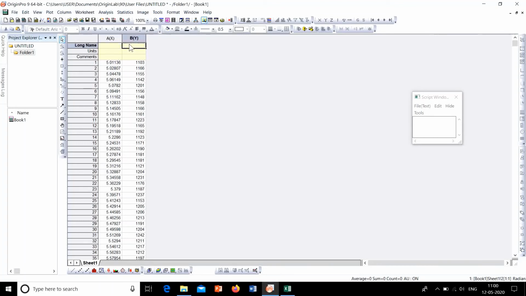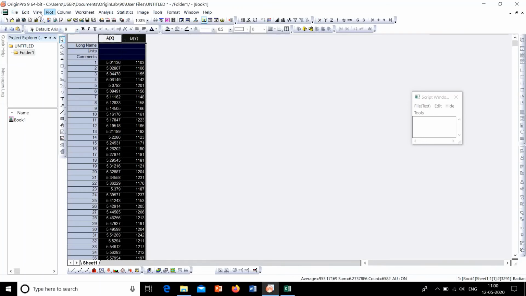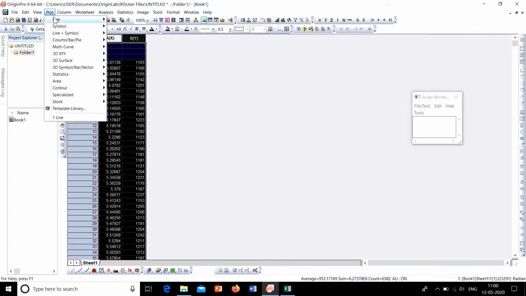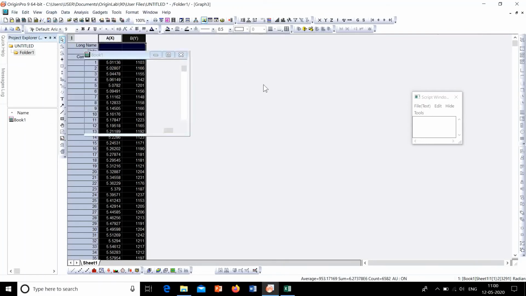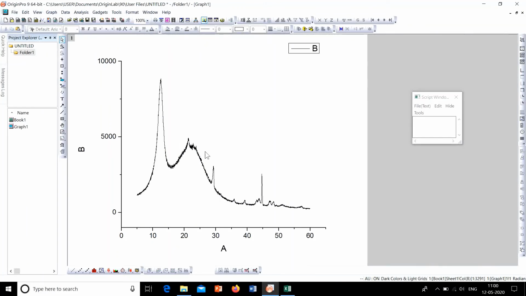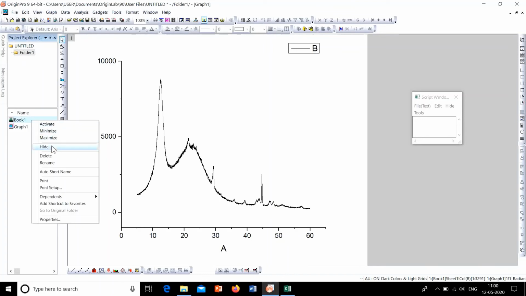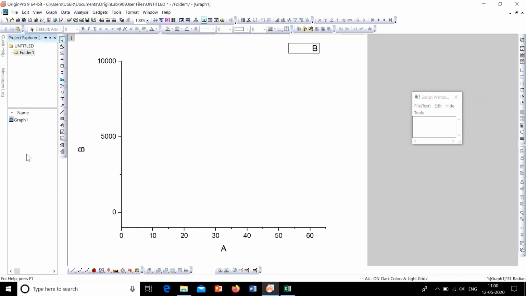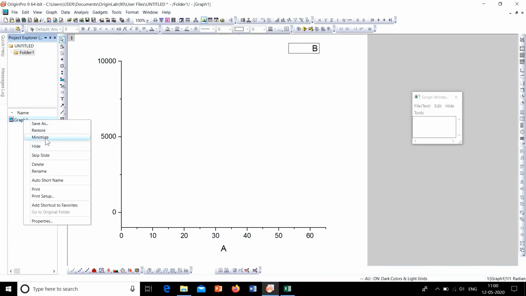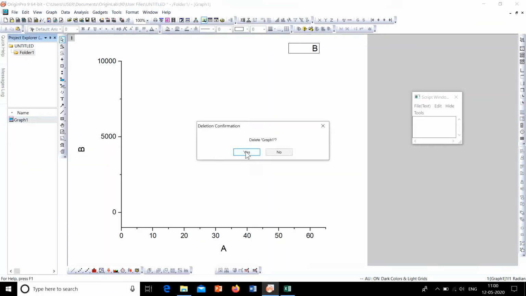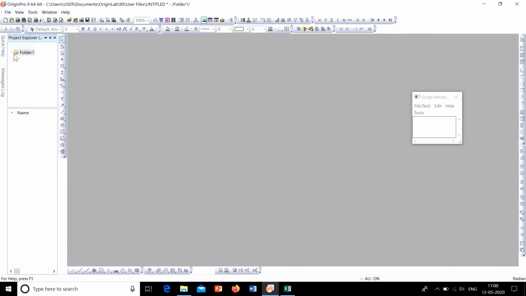So now naming you can do, and we can try plotting that to see whether it is working well. Yeah, it's going good. So XID is plotted here. Now let's see one more. Let's see how to import text data. Text data also you can do by copy paste method, or let's see if it is working to import.